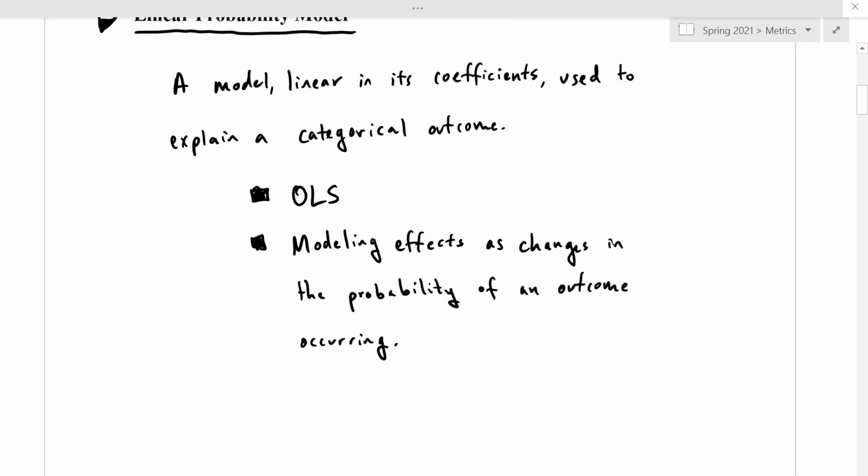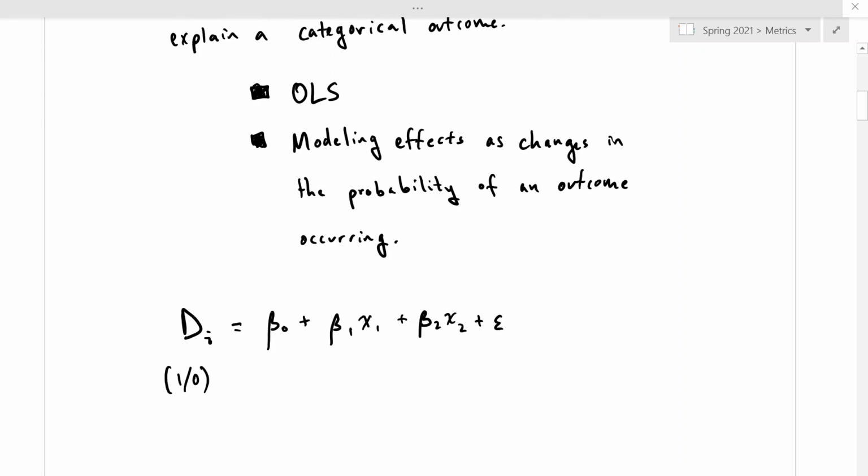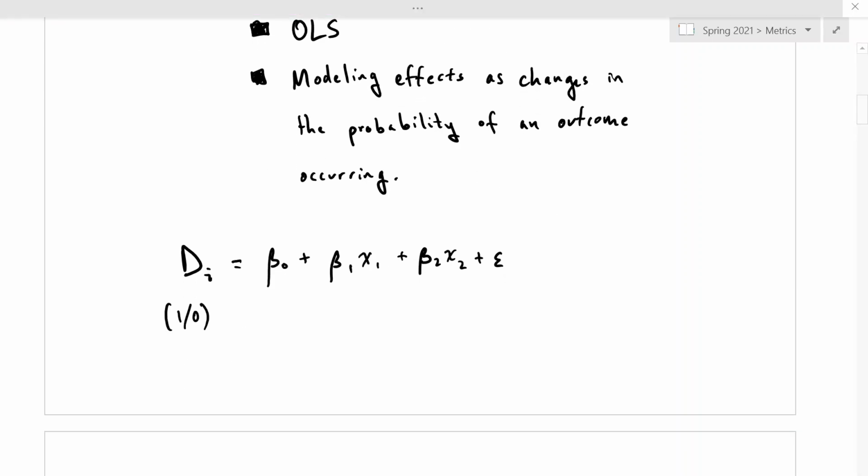Okay, and so let's write this out as a short little model here. So let's use this d_i as sort of an indicator variable that's going to be either a 1 or a 0 as a function of our intercept as before. And we're going to add 2 independent variables in here, beta 1 x1 plus beta 2 x2, and our random error term. So we're going to be modeling the probability,